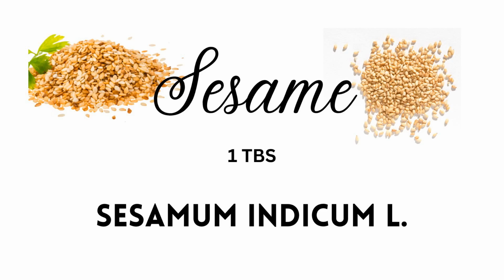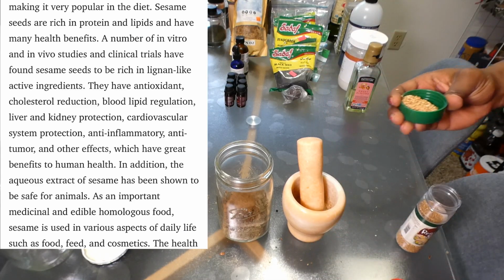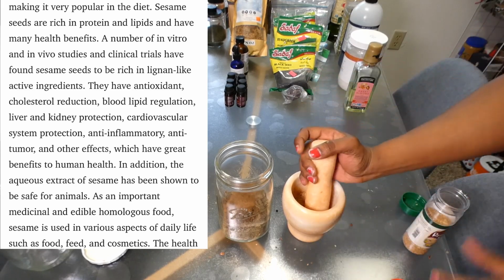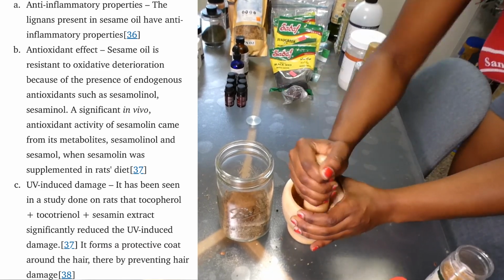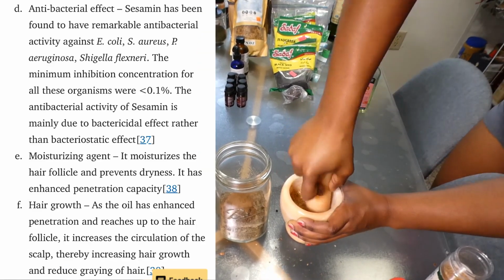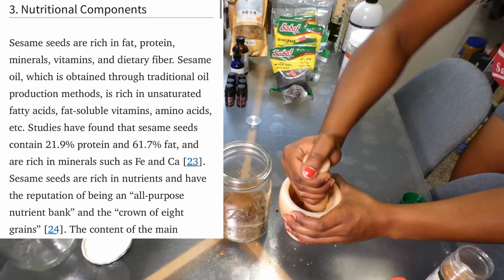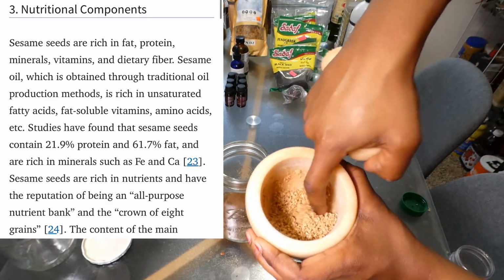Sesame, Sesamum indicum. They are rich in fat, protein, minerals, vitamins, dietary fiber, lipids, and lignans. Lignans are a class of plant compounds which can reduce hair loss and promote hair density by influencing hormone regulation and protecting against oxidative stress. Studies have found that sesame seeds contain 21.9% protein and 61.7% fat, and they are rich in minerals such as